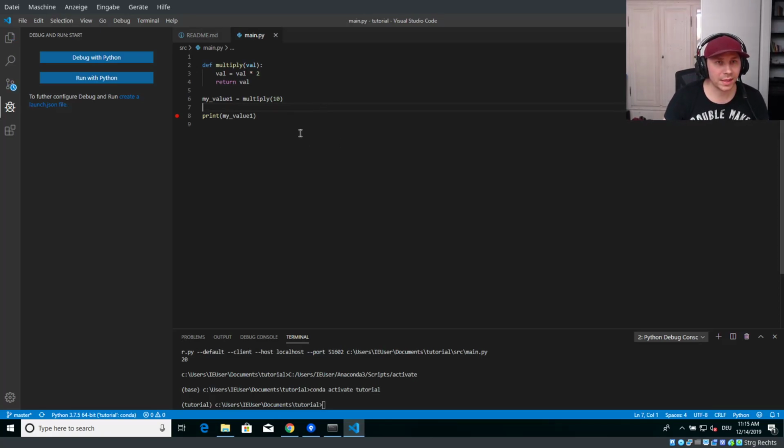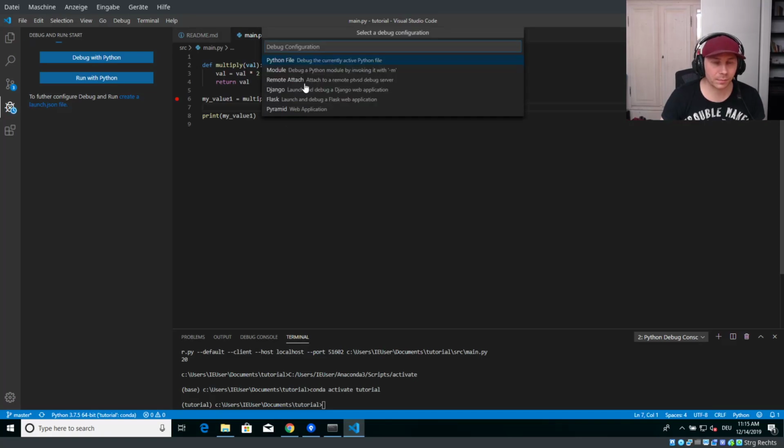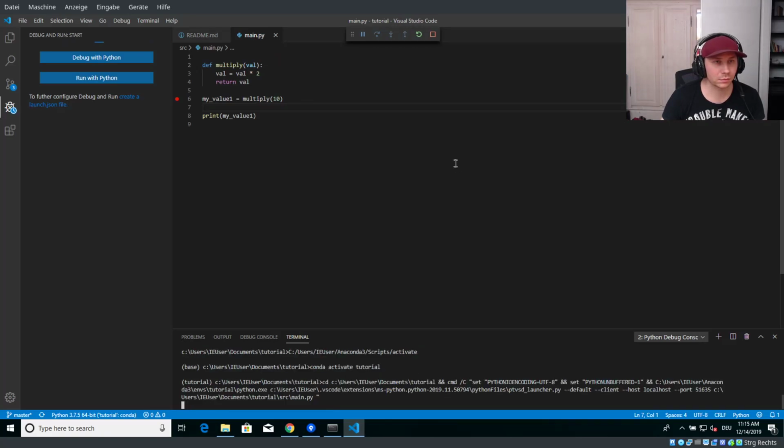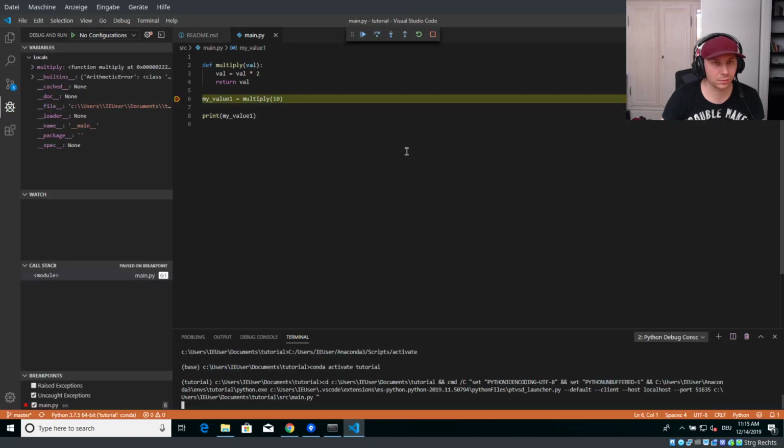Okay, so let's run this in the debugger and step through it. See if I did something stupid or if this works. So I press F5, run this as a Python file. Okay, now it stops here. And now we are here where it's about to call this multiply function, and I want to step into that